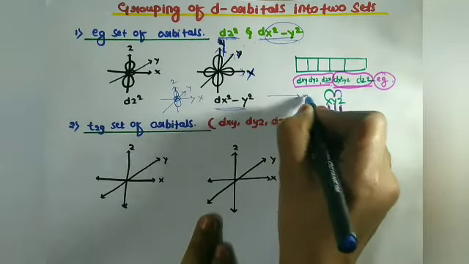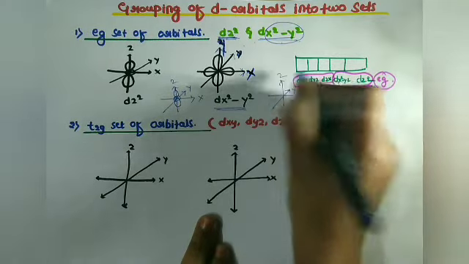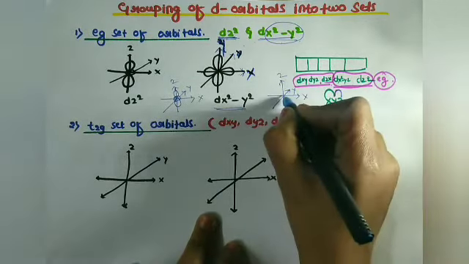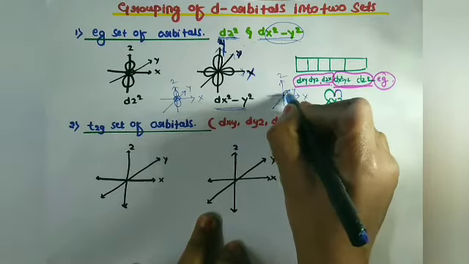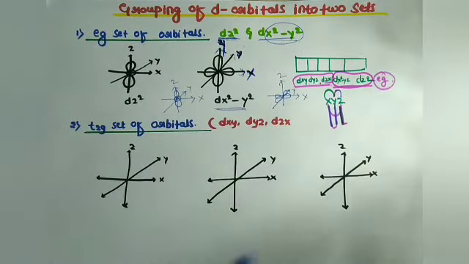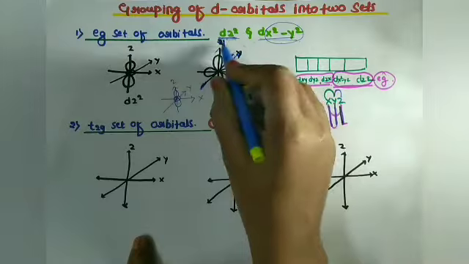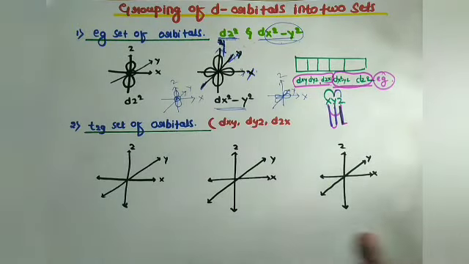So now see here, this is the x axis, this is the y axis and this is the z axis. Or you can write it like this. Here it is along the y axis, along the x axis. So it is x square minus y square. So I am taking here like this, the x and y axis. Similarly,